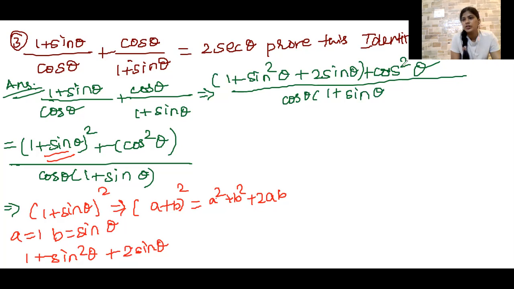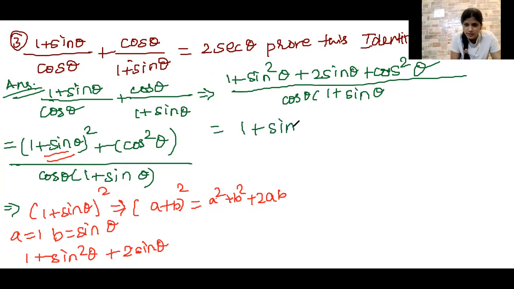If you look at the numerator, you do have 4 terms. All the 4 terms are in addition, so you can remove the bracket. Now you can rearrange the order of 1 plus sine square theta plus 2 sine theta plus cos square theta